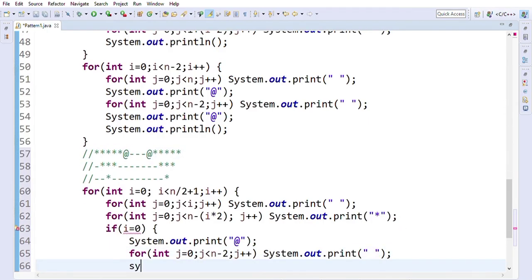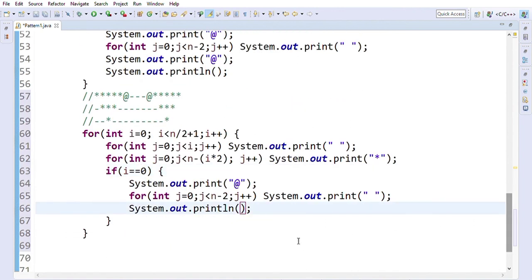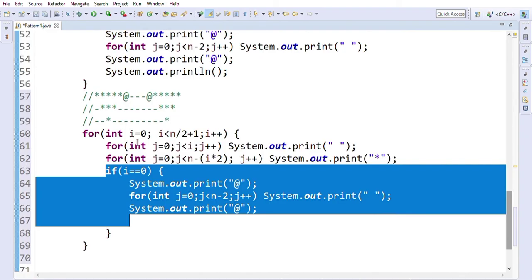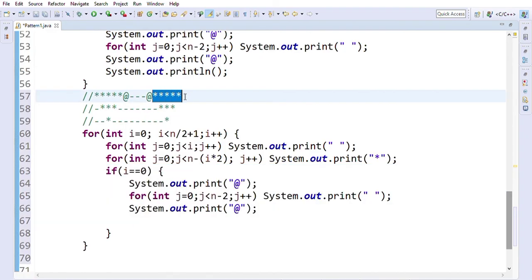So we have to write a conditional operator, double equal to, print the @ sign, and after printing this @ sign we are again printing 5 stars for the first line. As we are taking care of all the part after this in this if statement, we have to take care of this part also in this statement.